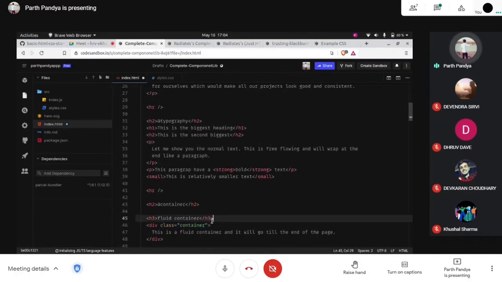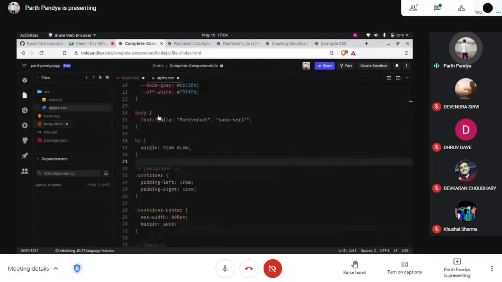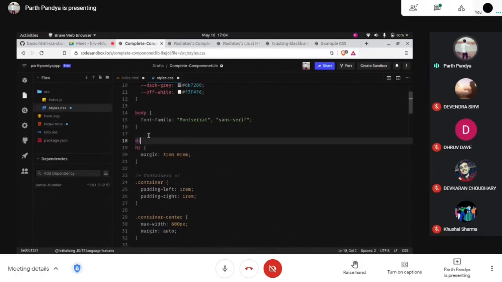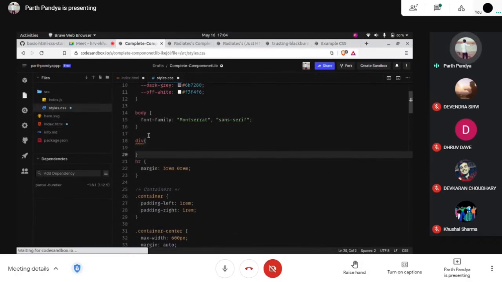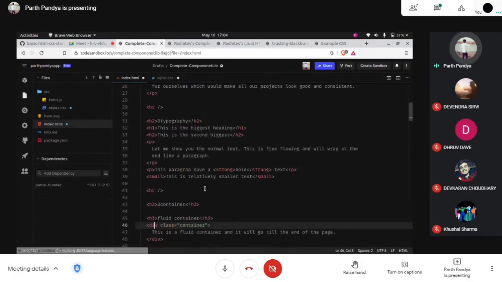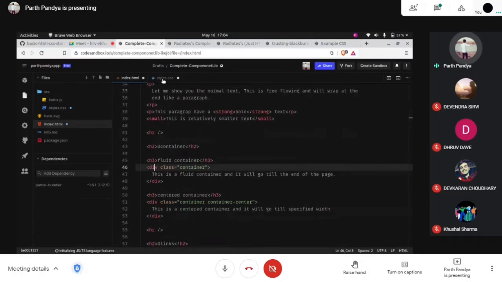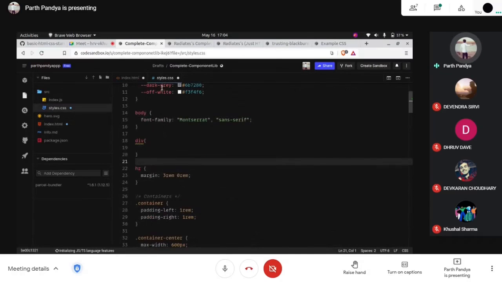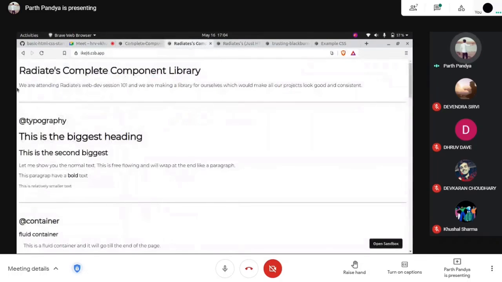I could even use this div element and define the style here as div and give this style to div. But every time I use div, the changes of that CSS will be reflected in each and every div I use in that HTML. I don't want that. If I want this part to be styled differently and that part to be styled differently, but in both of them we are using the div tag, then that will contradict. That will not work here.